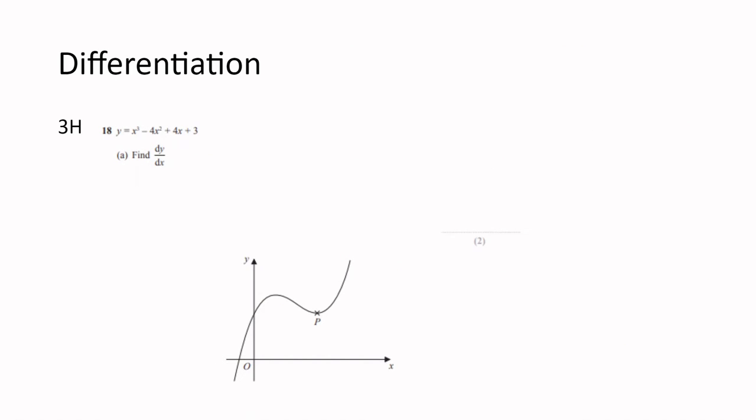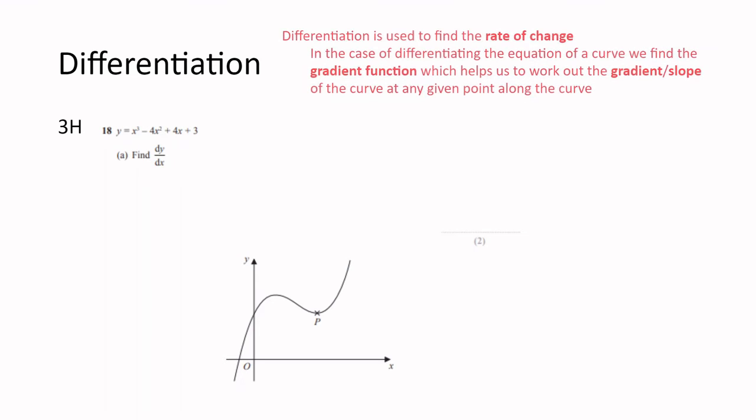Next, question 18 is about differentiation. Now, if you need a bit of a reminder about differentiation, differentiation is used to find the rate of change. And in the case of curves, differentiating the equation of the curve will give you the gradient function, which helps you to work out the gradient or the steepness or slope of the curve at any given point along the